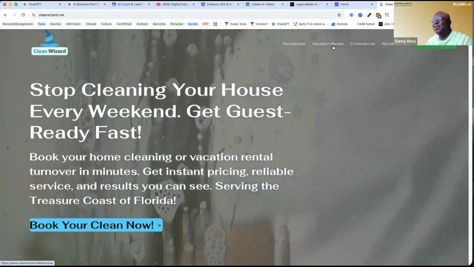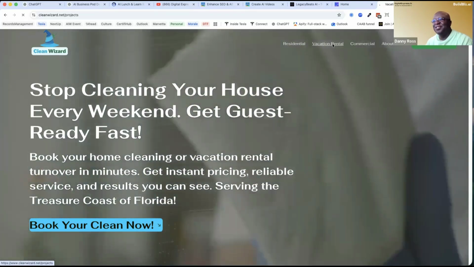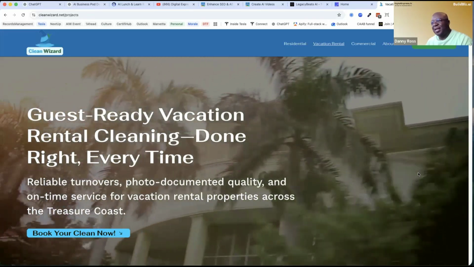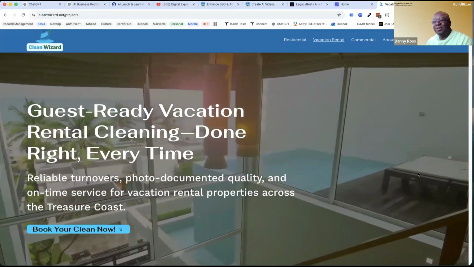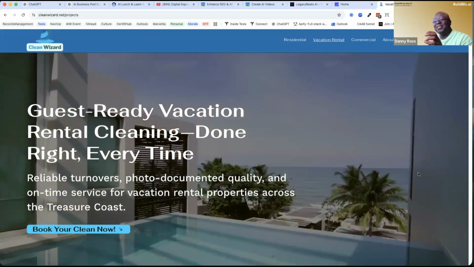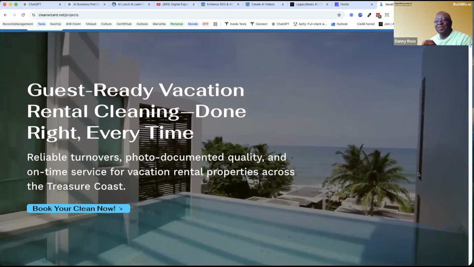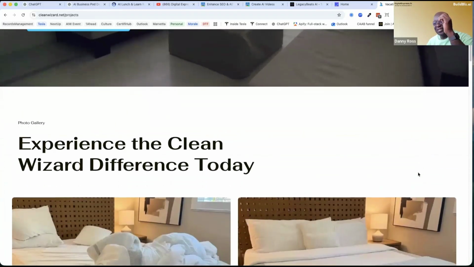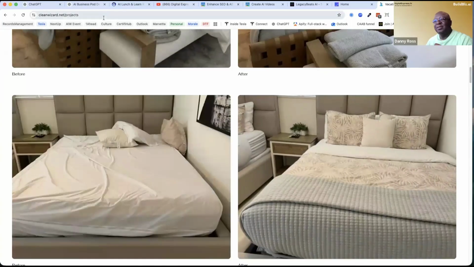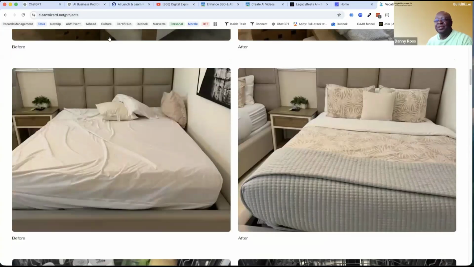Same thing if you're in the business and you have vacation rentals, the vacation rental page is about, again, same thing. It's creating a certain kind of image for both the people that are looking for cleaning companies and for types of businesses that you clean for. So you set that expectation. And so that's what we mean by the content visually has to match all of this stuff.